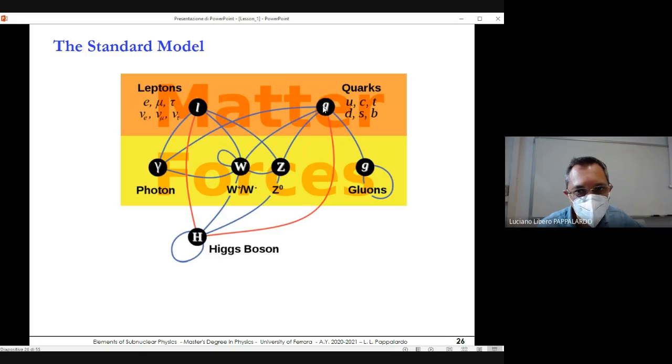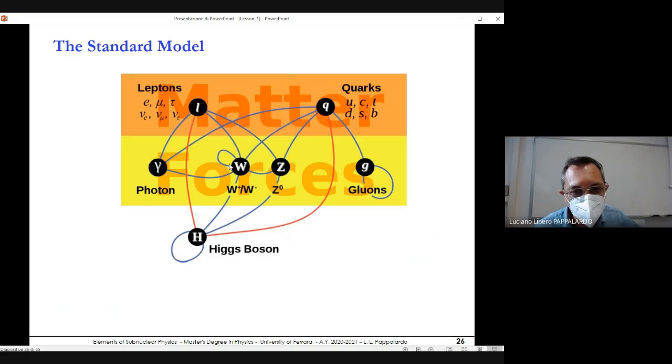So for instance, the quarks, which carry electric charge, weak charge, and strong charge, interact with the gluons, the Ws, the Z, and also the photon. The leptons only have electric charge and a weak charge, so they interact only weakly and electromagnetically, with the photon and the Z. And all the massive particles, so leptons, quarks, and heavy bosons, interact with the Higgs field, okay? Whereas there is no connection, as you see, from the photon to the Higgs and from the gluon to the Higgs, because the photon and the gluon are massless.